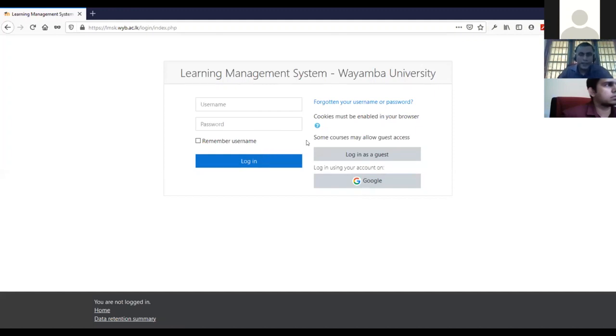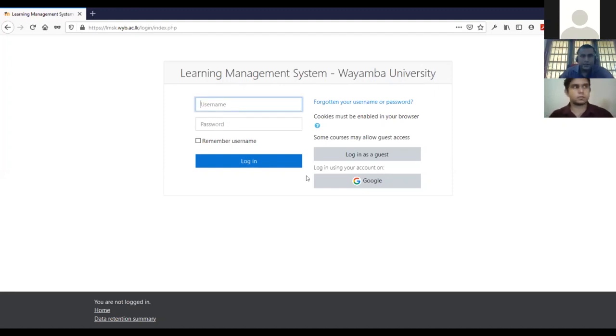But people who don't have institutional emails, for example a visiting lecturer, or maybe a demonstrator, or maybe a tutor, and also the students, are given particular usernames and passwords just to log into the LMS. So all the students and people who don't have institutional emails have to ask for a particular account from their ICT center, and they can use this username and password space to give their credentials and log into the system.